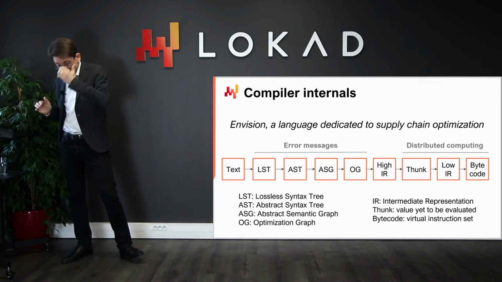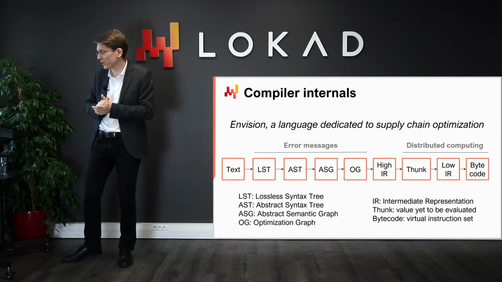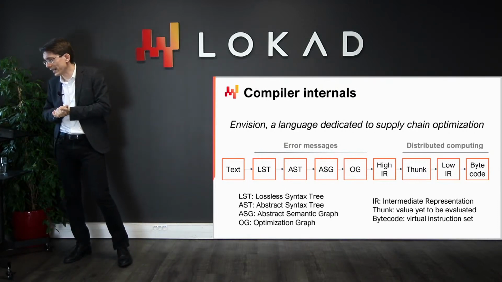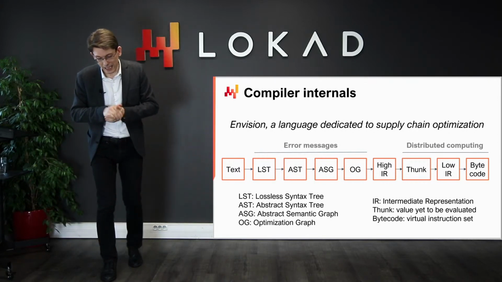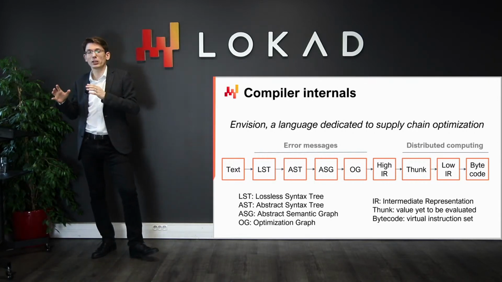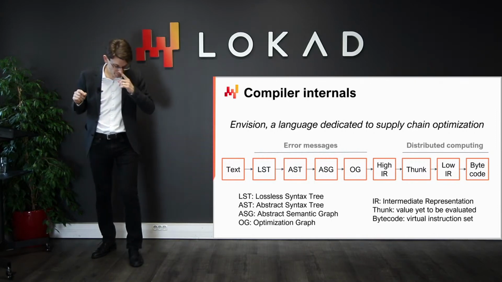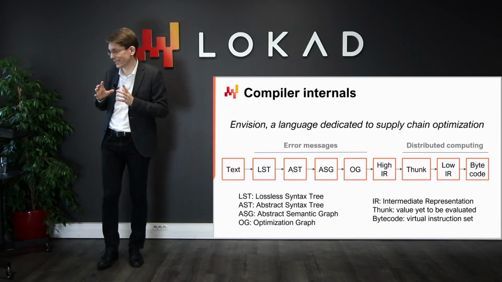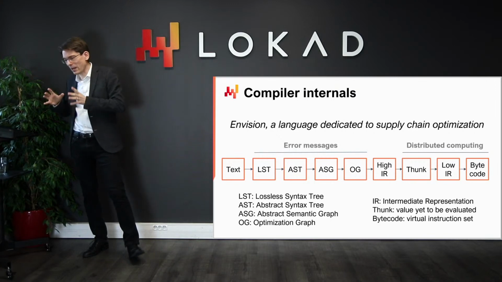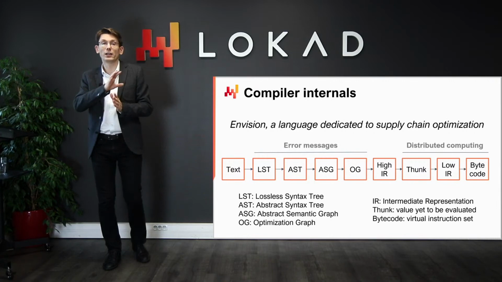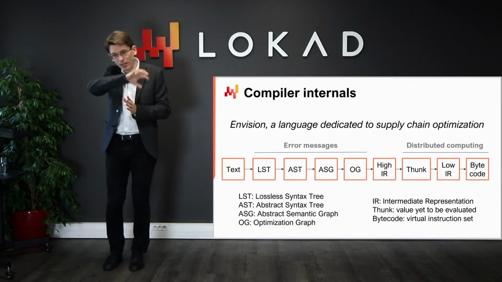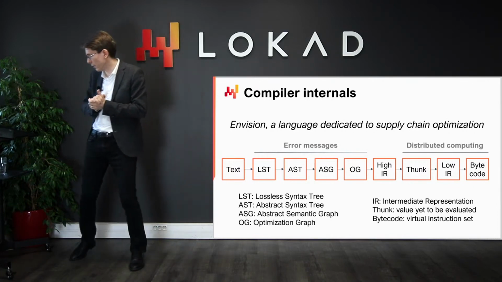Then, so this was the last step of the front end of our compiler. And now we have the high intermediate representation. The idea is that the high intermediate representation is a very, I would say, clean and stable documented frontier between the front end of the compiler and the back end of our compiler pipeline.